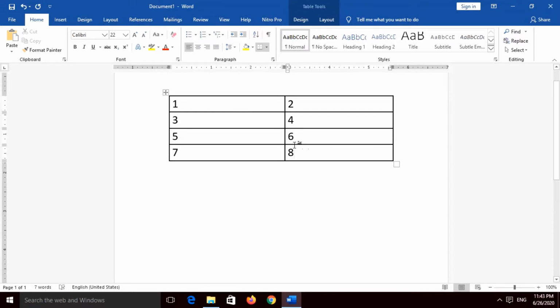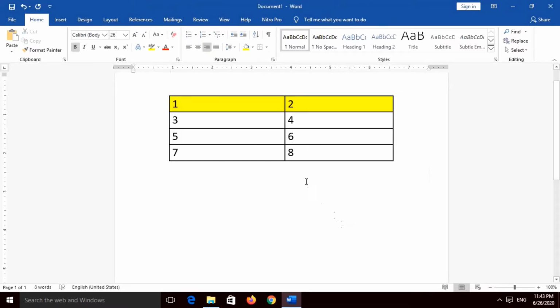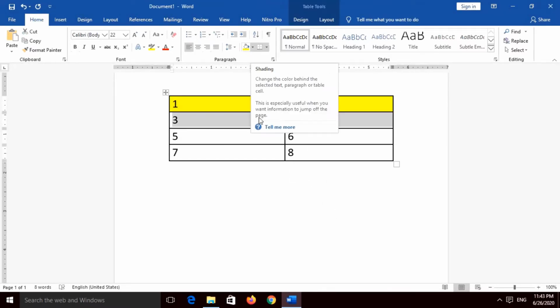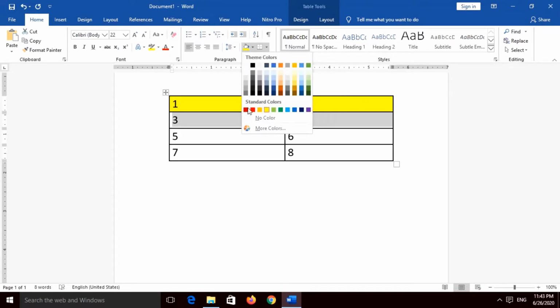Now as it is said that a table is a grid of rows and columns. Now what are rows in a table? If we consider the first two cells, that is cell number 1 and cell number 2, it becomes one row. Same way, when we take the third cell and fourth cell, when cells are taken horizontally, that is from left to right or right to left, it is said as a row.